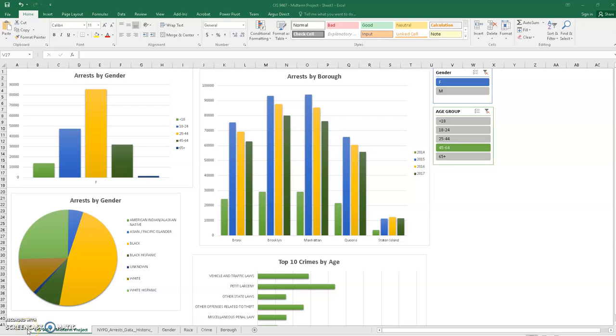Everyone, welcome to my presentation and analysis of the arrests that occurred in New York City. My name is Jamie James, and today I will be presenting some charts that I created using data that I